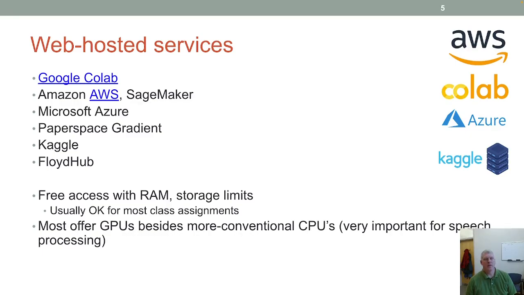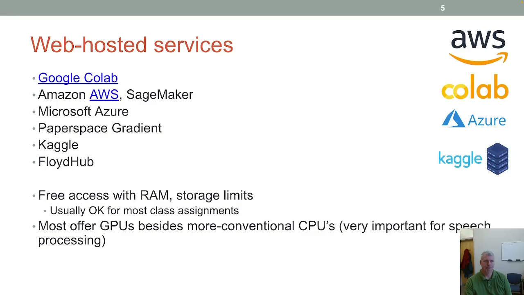And the cool thing about these services is that they offer access to larger amounts of RAM, as well as access to what are called GPUs, or graphical processing units, which make code go quicker than central processing units, or CPUs, which is what our laptops have and most computers that we use. So you can get access to that higher strength